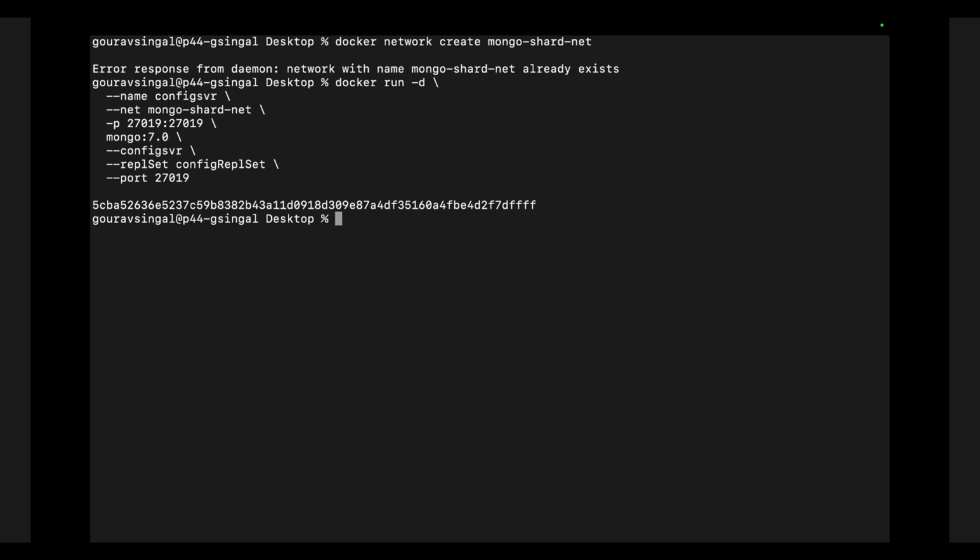We have used the MongoDB image v7 as an official image, but I know you guys are thinking, how does it differ from the regular Mongo container? So basically, for making this container a config server, I have added the flag --configsvr over here, which turns on the config server mode. And I also call this particular replica set the config replica set. Now let's open the shell for this particular container.